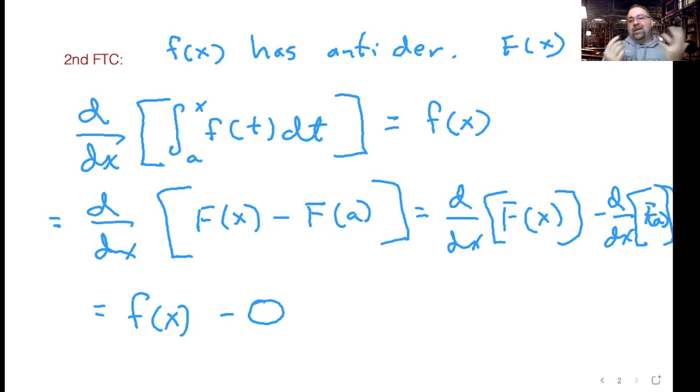But what I mean by this being overly simplified is, why did it work that way? Well, it worked that way because the upper limit was just x, and we were going from a constant to x. And so what I've seen the College Board do, and our book does this a little tiny bit in the section, is make it a little bit more interesting. It adds a function